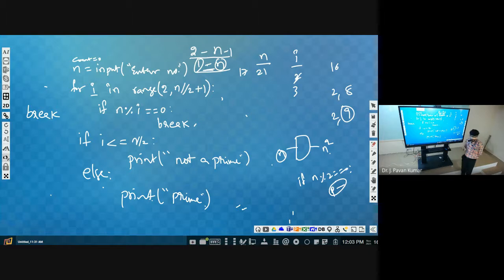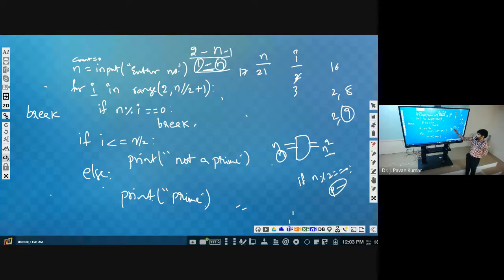But here, if it is even, we will display n square. After that, again we will ask for another input and store it into n only, and display n square provided it is an even number.